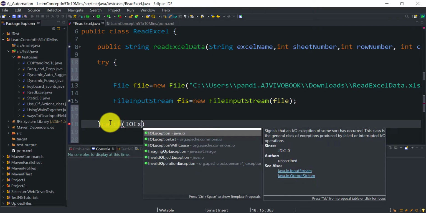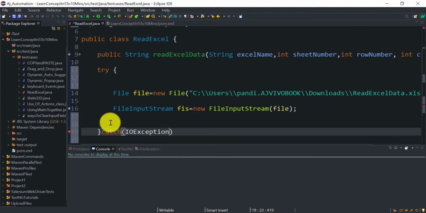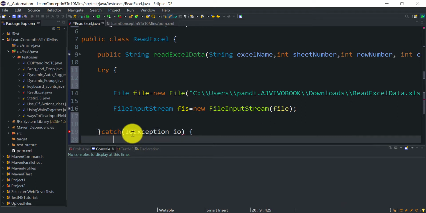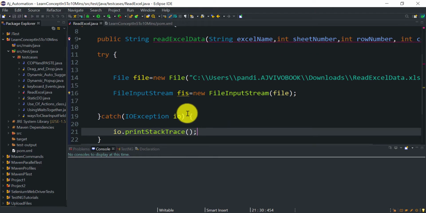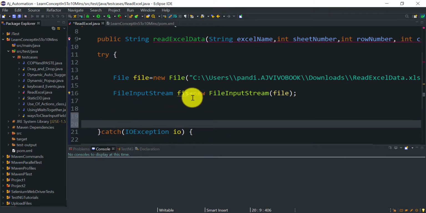I am going to add the IOException. IOException is a parent of FileNotFoundException, so here I am adding the parent itself. If that exception occurs, I am going to print that error, so that error will be displayed in the console. So this is done. Exception handling is also done.